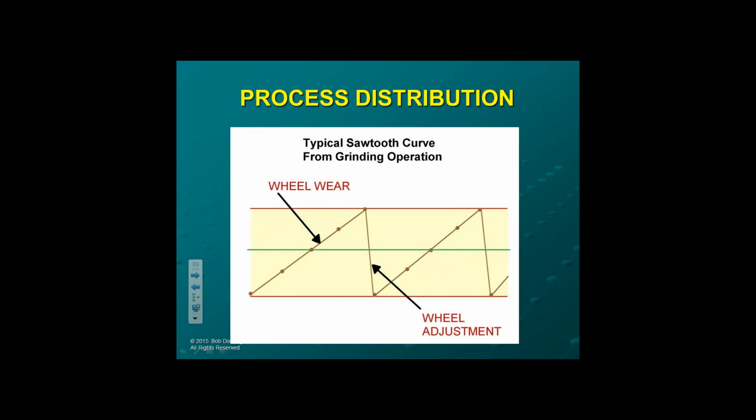Now what we see when we are observing tool wear, and in this case it would be an OD, is that over time the diameter will start to increase. If nothing is done, it will increase to a level that it's going to be out of specification and of no value. So in order to accommodate that, we have to make an adjustment. So what happens over the wear, adjust, we get a curve that we refer to as the sawtooth curve.